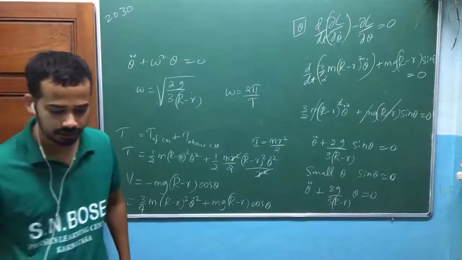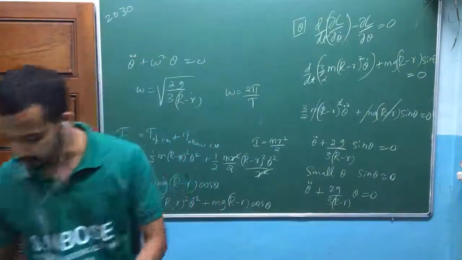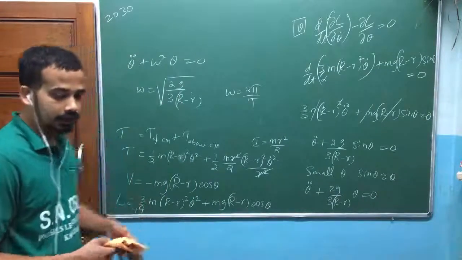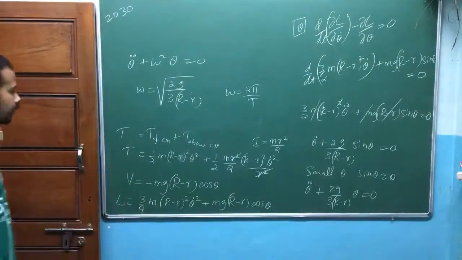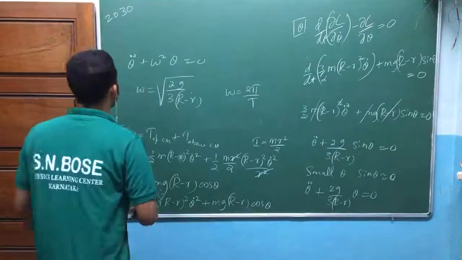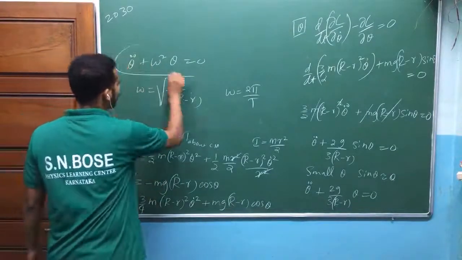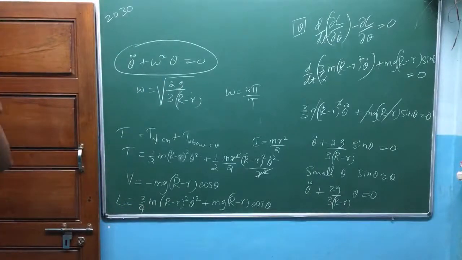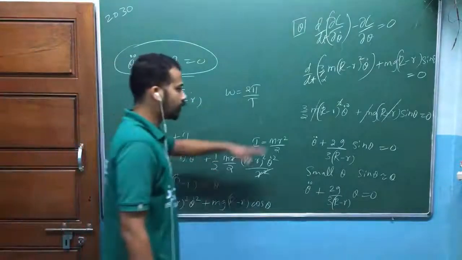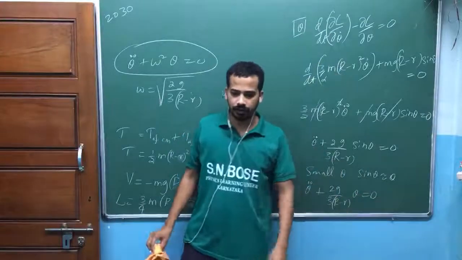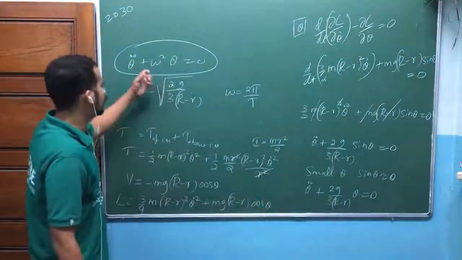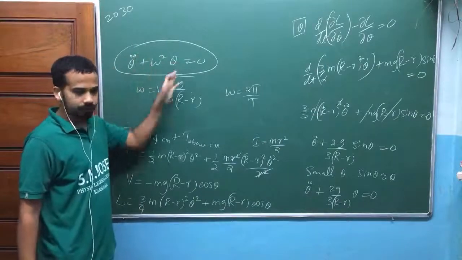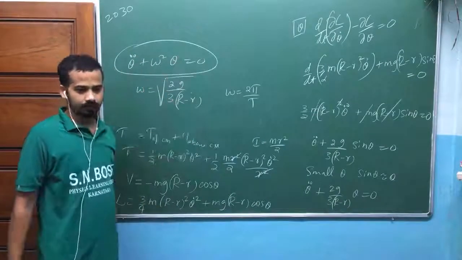Again, a small oscillation problem. Later we shall go for problems with more than one degree of freedom also. In the case of small oscillation, we again write our equation. Our target is getting this kind of equation. Here you have only one generalized coordinate, that's why you don't have to struggle here, isn't it? You got the equation of motion for small oscillation, or simple harmonic motion, directly with very little